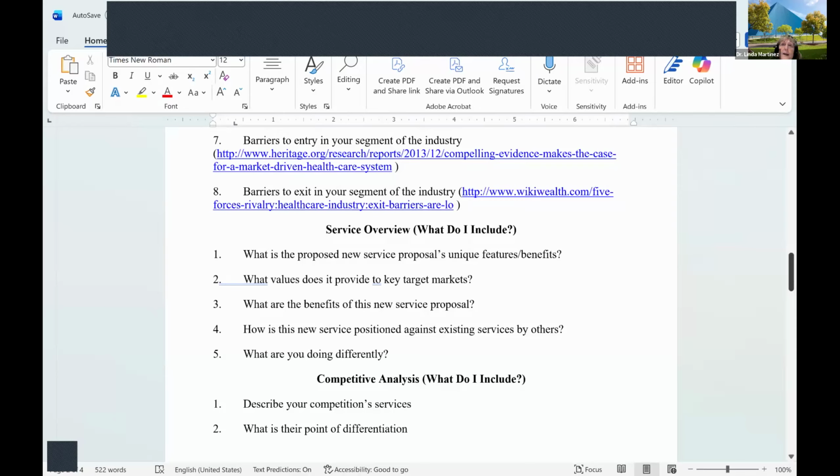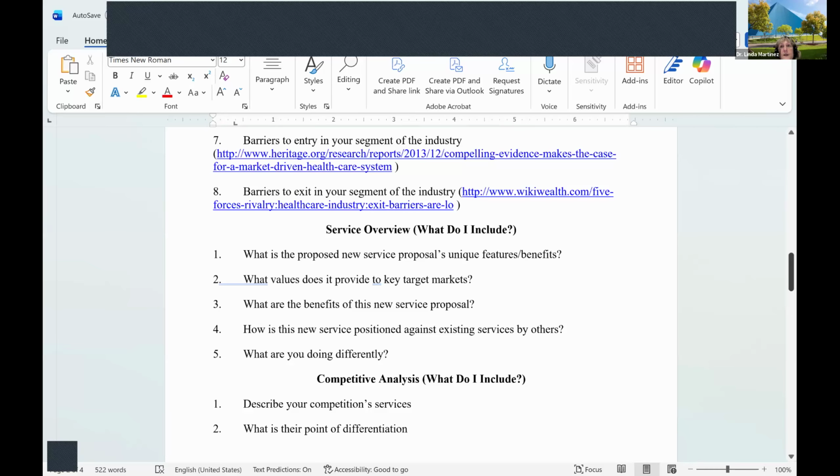For instance, if you are an orthopedic surgeon, have you managed to get the best orthopedic surgeon in Western United States and probably better than anyone else in the area? Do you offer better hours? Do you have brand new equipment that maybe the other places don't have? And then what do you do differently?